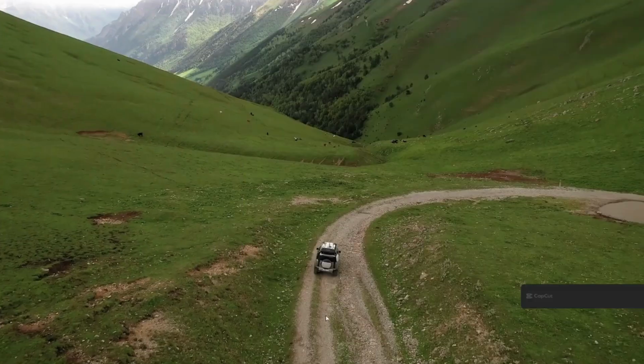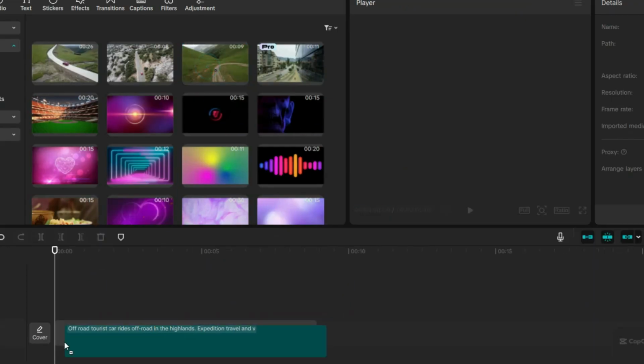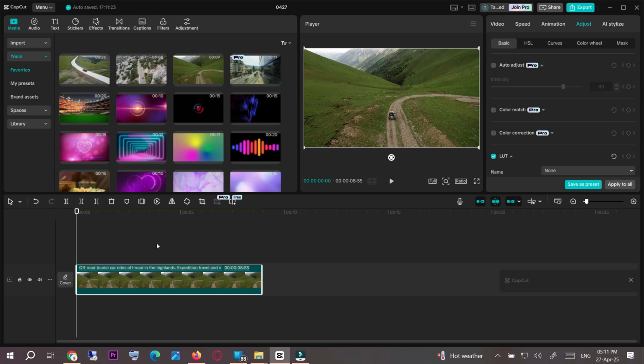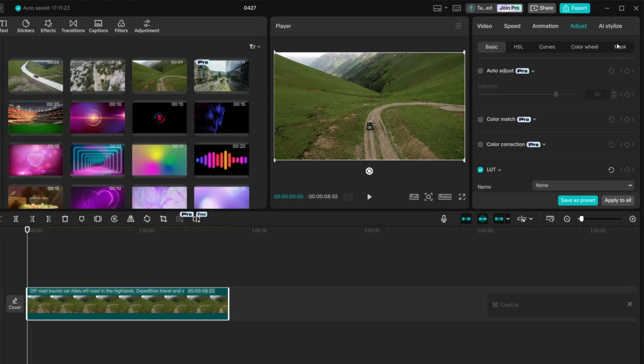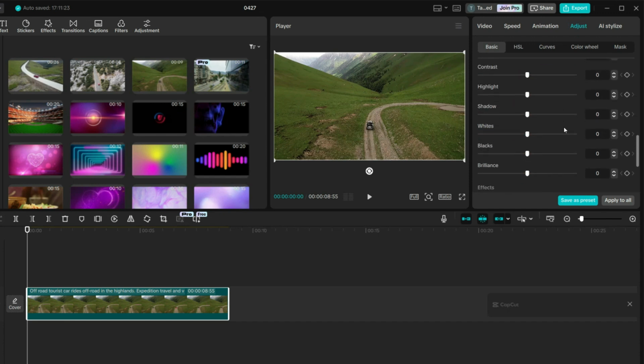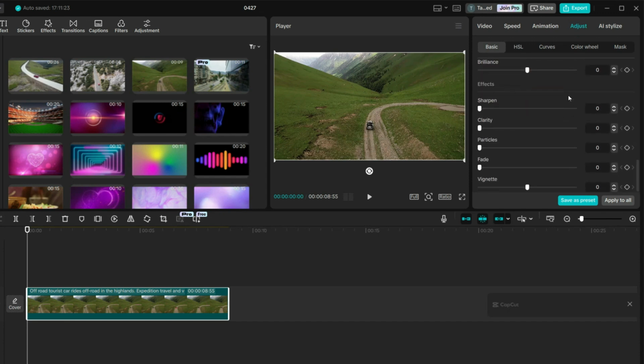So let's get started. First, put your video on the timeline, and after that you will see that there is an adjustment on the top right corner. Click on that and then scroll all the way down, and here you will see that there is a clarity. Make the clarity approximately 50%,